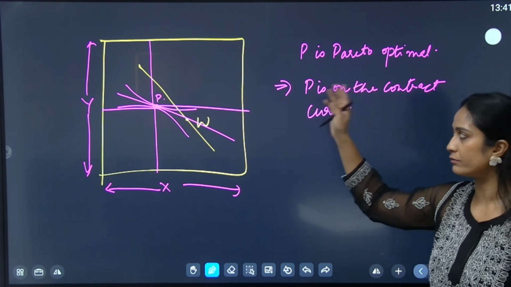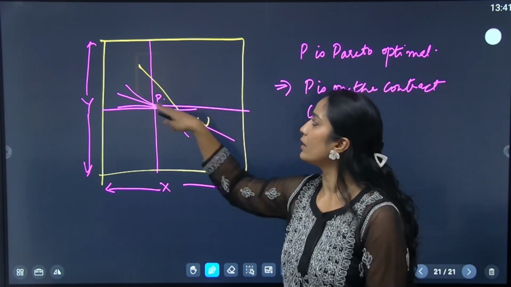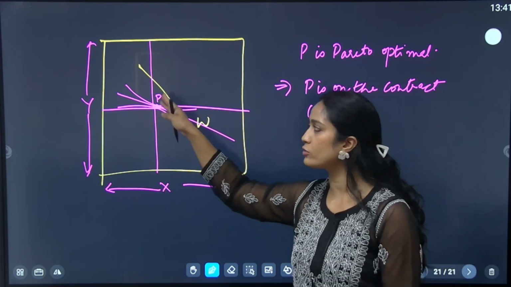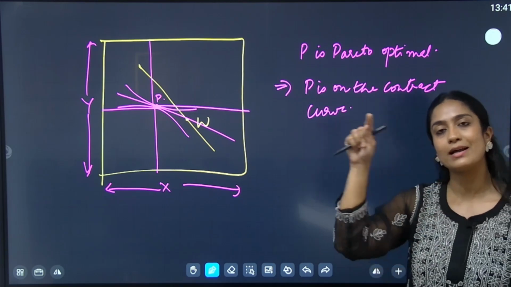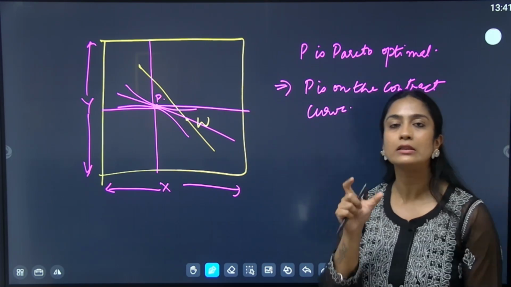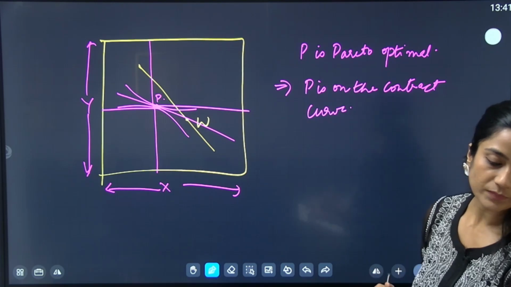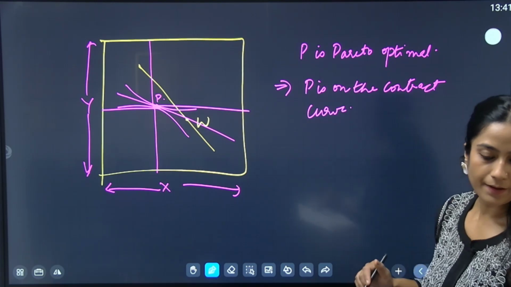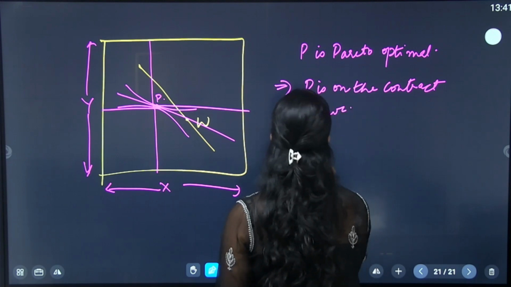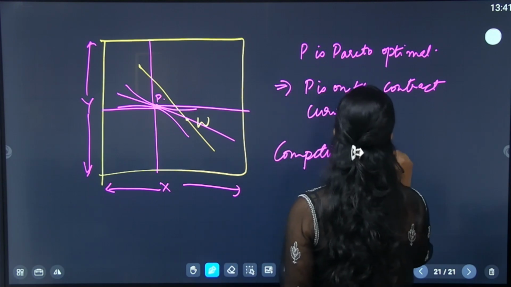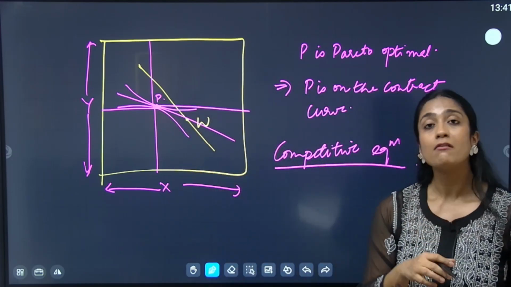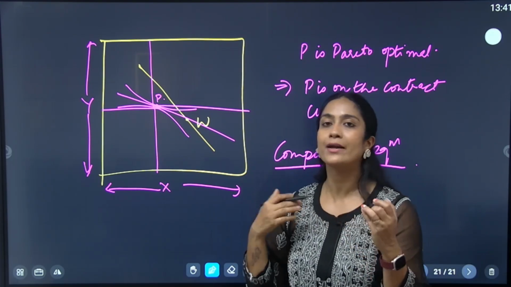Of course it will lie on the contract curve, because it was already established that the ICs are tangent to each other. They are tangent to the budget line, but they're also tangent to each other, which means that this point does lie on the contract curve. But within the contract curve also, it does lie in the core itself. Okay, so what we have is that competitive equilibrium, right? Achha, so essentially this point then, the point P, which has been reached by this correction of prices,